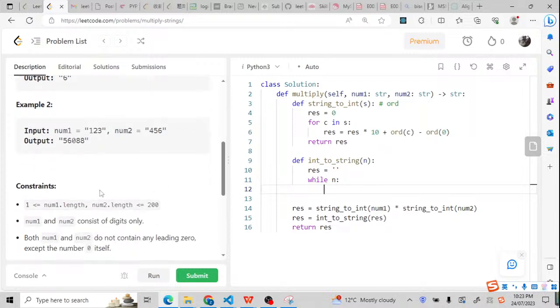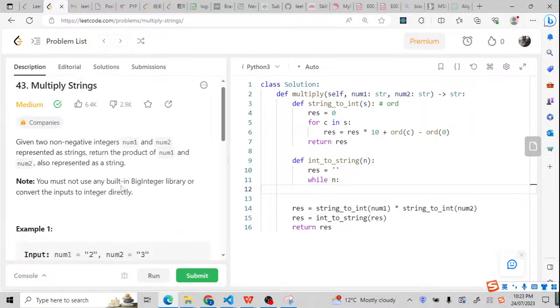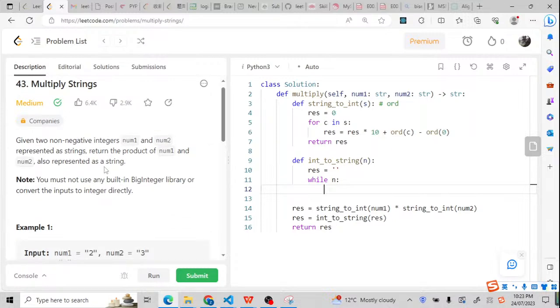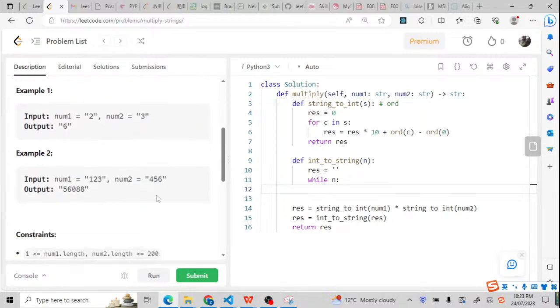I think the numbers inside consist of digits only. I think it will always be positive integers. It didn't say non-negative, it means always positive and 0. So this is why we can use it easily to solve the problem. So while n, our result should